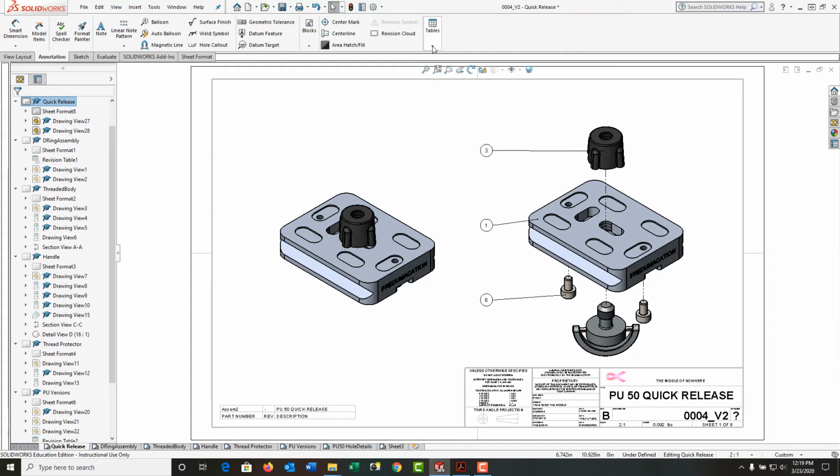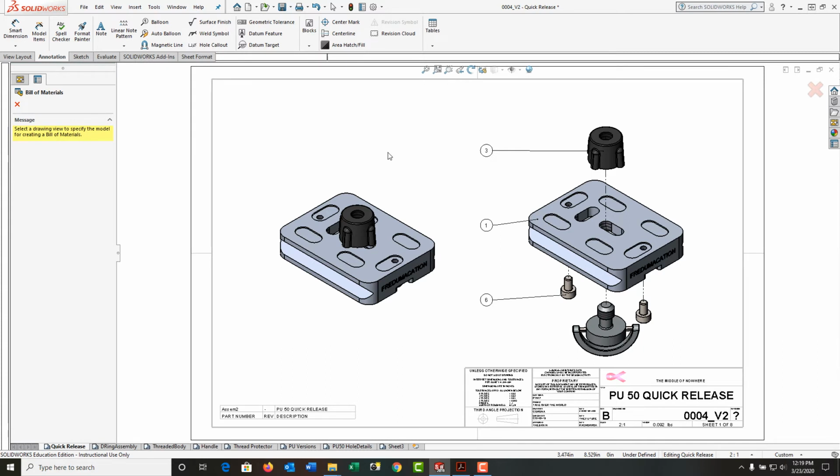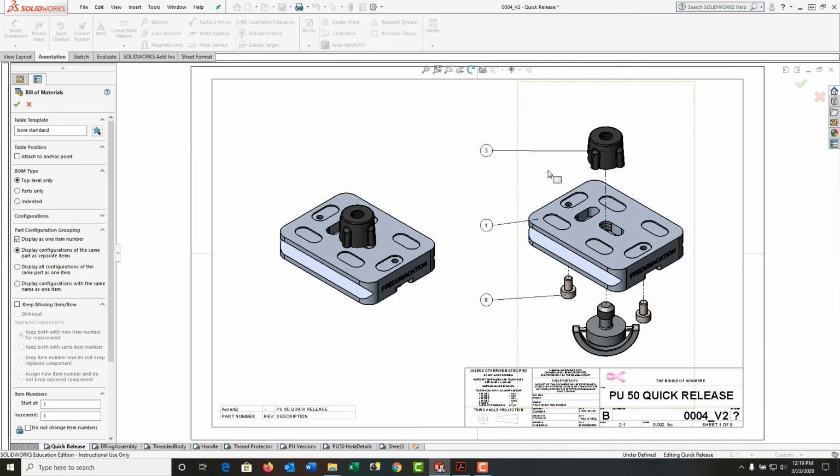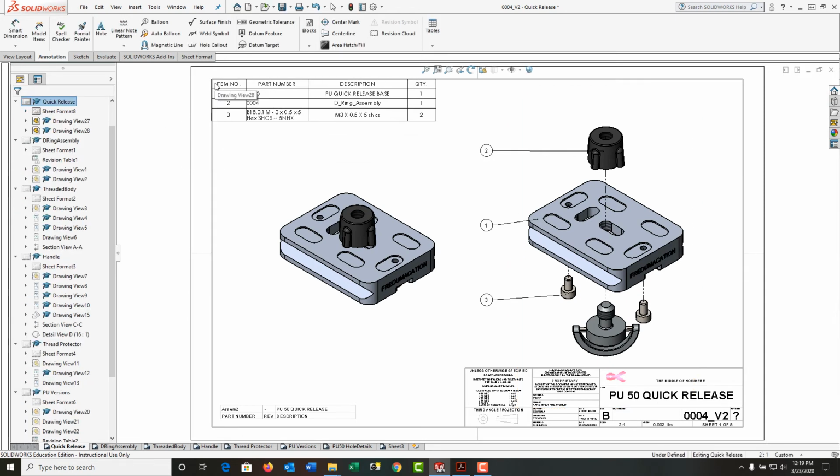So from the tables drop-down menu, I'll select bill of materials. It's going to ask me to select a view. I'll select the view I ballooned, the exploded view. I'm just going to accept all the defaults for the bill of materials, say OK, and I'll lock it up here. So all the descriptions have populated, the quantities here, the part numbers,